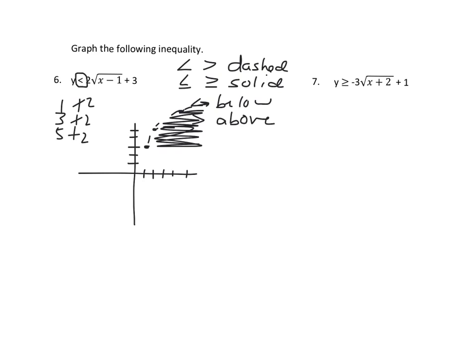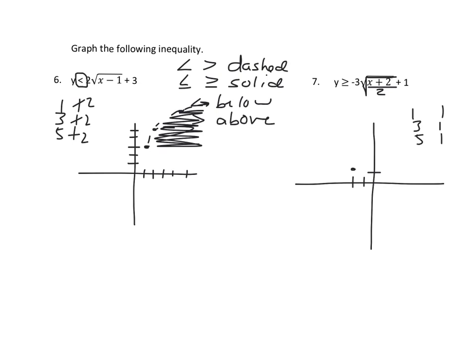Number 7, I'm just going to change a little bit here. Under the square root sign, I'm going to divide this by 2, so we've got a fraction underneath that square root sign. Okay, so how this affects it, we're still going to make our movements. So we're still going to move left 2 and up 1. And then